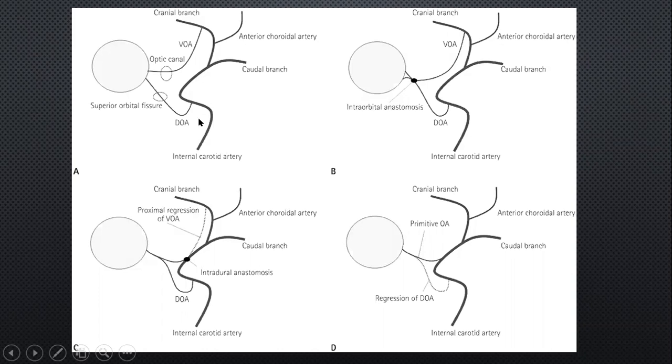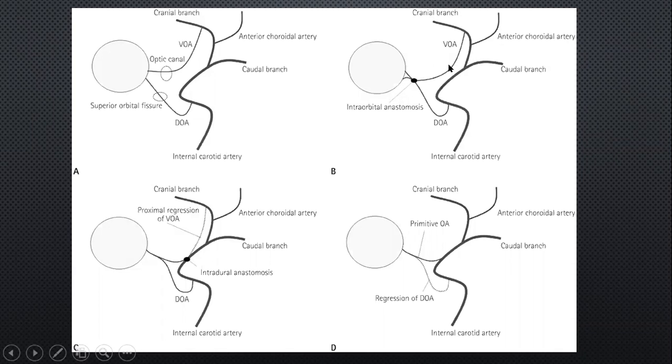Normally the ophthalmic artery is derived from two parts, the ventral and the dorsal ophthalmic artery, and the ventral ophthalmic artery actually comes from the anterior cerebral artery. So this is worth remembering, that sometimes, very rarely, the anterior cerebral artery can give rise to the ophthalmic artery, and of course it goes through the optic canal. The other part, which supplies not the retina itself but the muscle and supporting tissue, comes from the dorsal ophthalmic artery, a branch of the inferolateral trunk from the cavernous portion, and that goes via the superior orbital fissure.